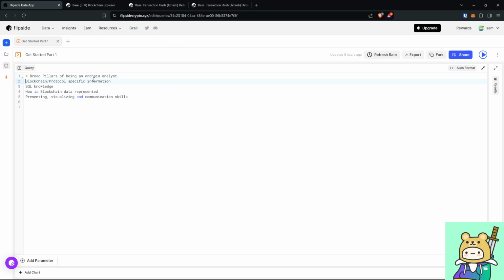Okay, this will tie in on the number 2 and 3. So number 2, the second category is SQL knowledge. Now, if you are coming from a background where you already know SQL, amazing. I'm from Flipside, so I use the Flipside platform, and Flipside uses Snowflake. I mean, the flavor of SQL is Snowflake. So if you just search Snowflake docs, if you're coming from other flavors like Postgres, it should be very easy to learn the syntaxes of Snowflake.